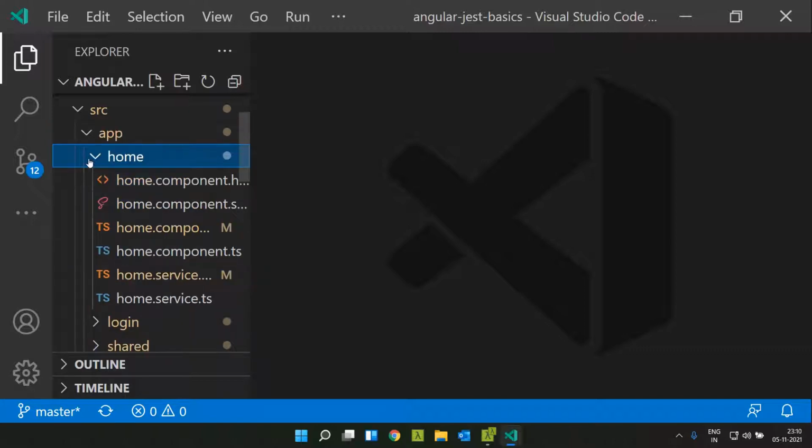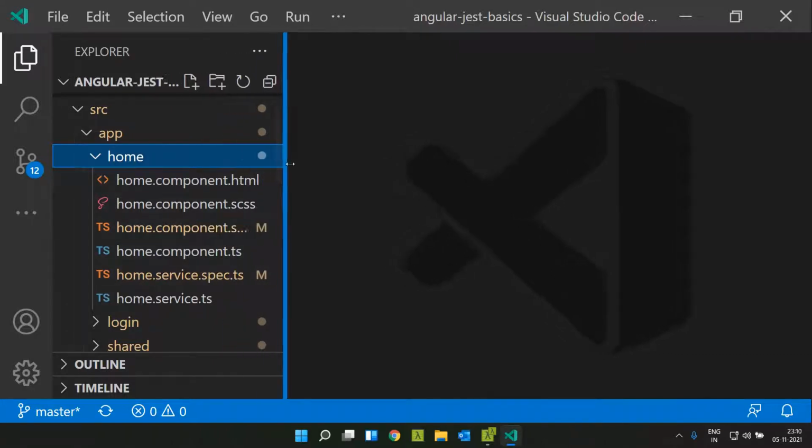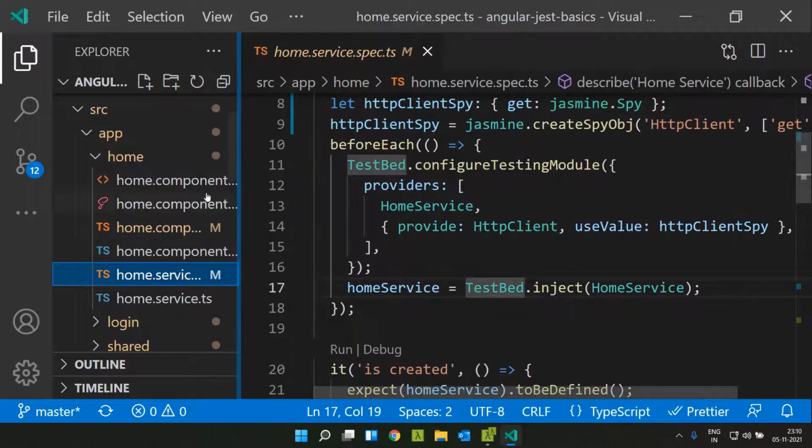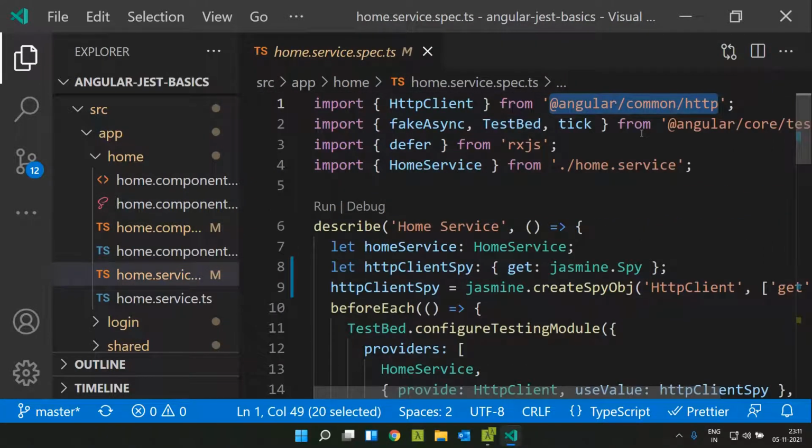First let us go to the home page. We have the home component as well as the home service. Now let's go through each of them. One thing to note is that even though we make use of Jest, it in turn makes use of Jasmine. Internally it is built on top of Jasmine. So most of the commands which work in Jasmine will work here as well. But the Jasmine global object won't be available.